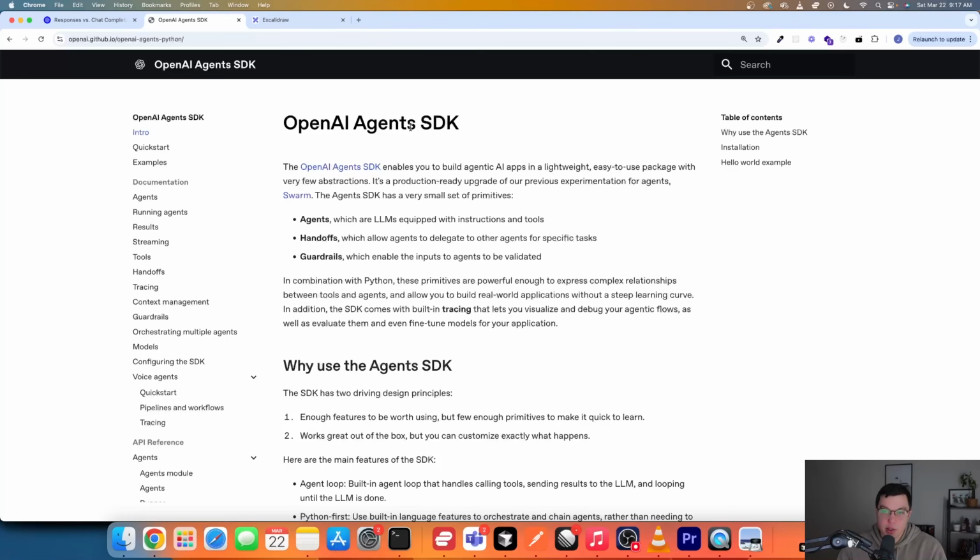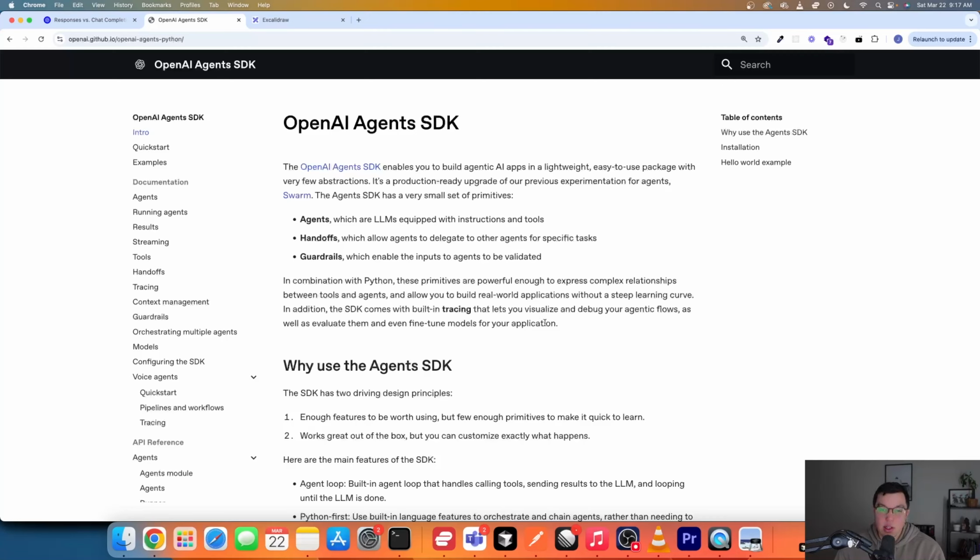Now, for more complex use cases, there are a number of different libraries and platforms being developed to facilitate building AI agents. One of them that I've discovered recently, and I haven't spent too much time looking at, but enough that I know I'm quite excited about it, is again from OpenAI, and this is the Agents SDK. At the time of recording this, it's fairly new. I think it's only one or two weeks old at this point.